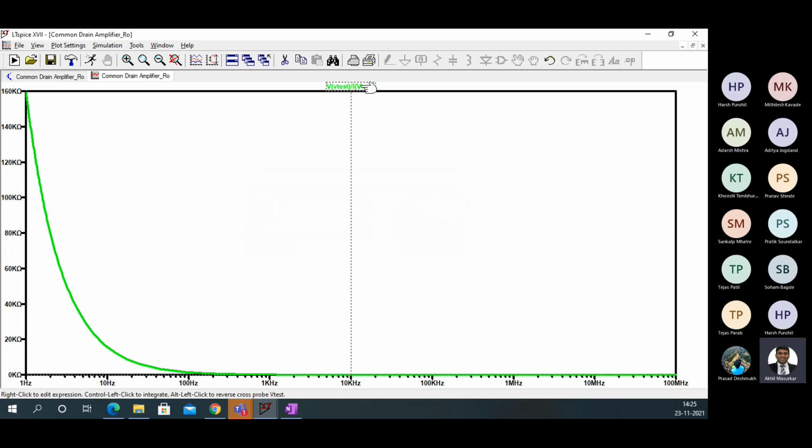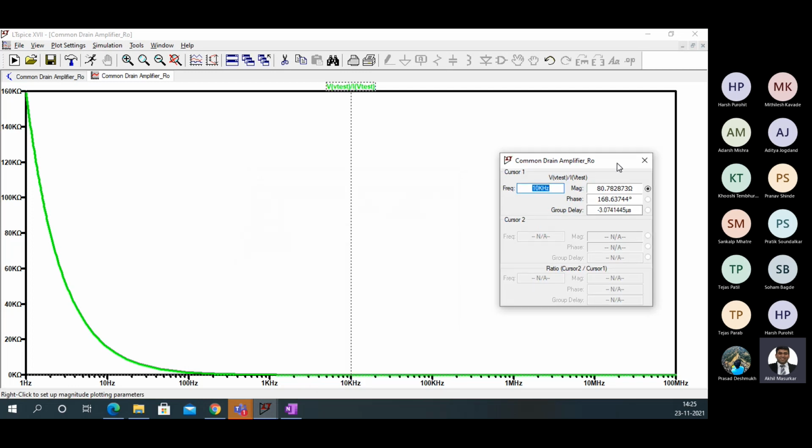So let's see what that value is. If you just see, this value is around 80 ohms, 79 to 80 ohms. You can see here. Now why is this used? If you want to connect a speaker to the audio jack of the phone, then the speaker is the load, and the speaker will have an impedance of something like 4 ohms or 8 ohms or 10 ohms.